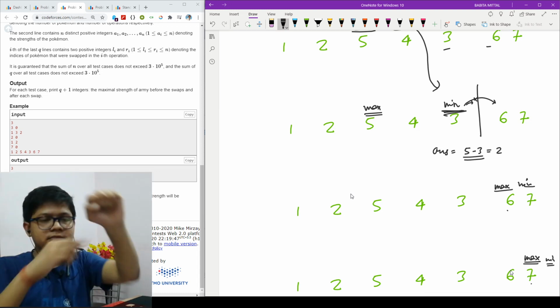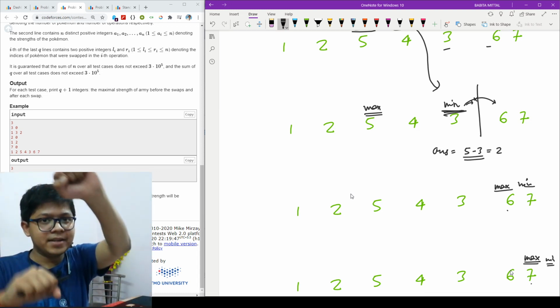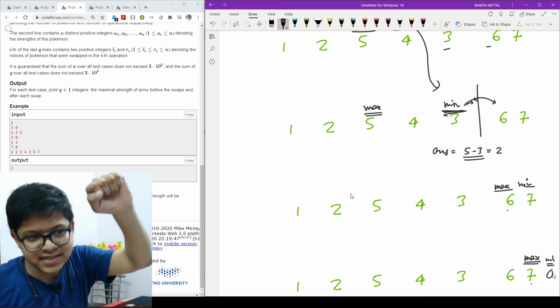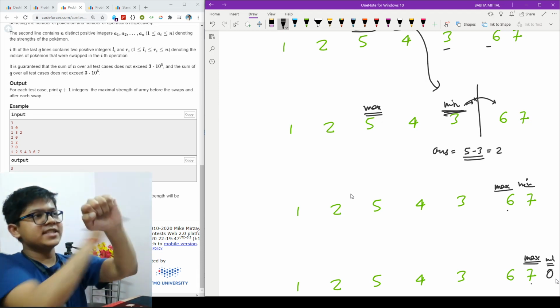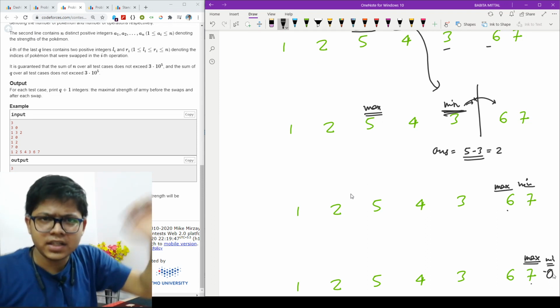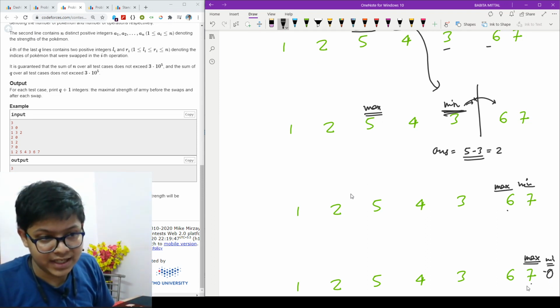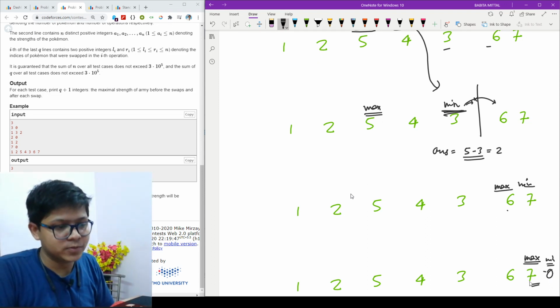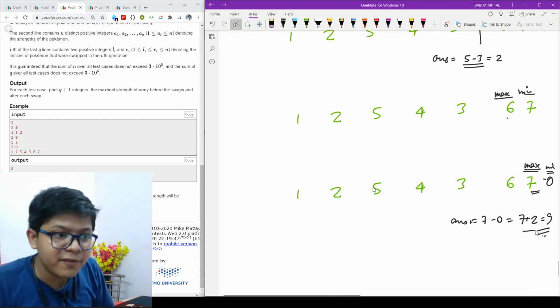So what it will do is that it will do 7, and you can say that the last is 0, right? Because you can do plus minus plus, and if you don't want to do minus, you can do minus 0. Very fine, it's pretty cool. So yeah, you can at last add 7 minus 0 to your answer, which will finally become 9.